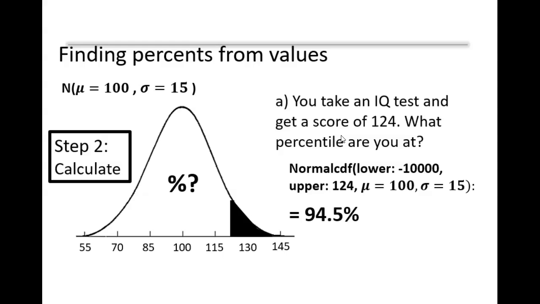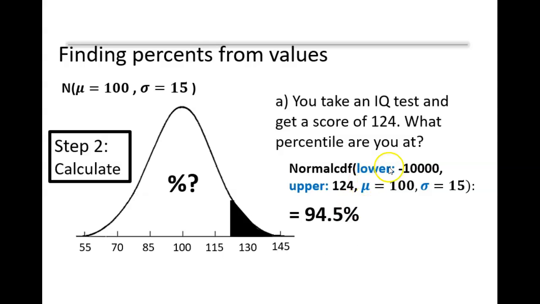So you could type in on your calculator, sometimes it will use 1 and then e to the 99th power. The e key is in second comma, but you can also use that. And so the key idea is when we do a normal CDF like this and we find the area, in this case 0.945 or 94.5%,